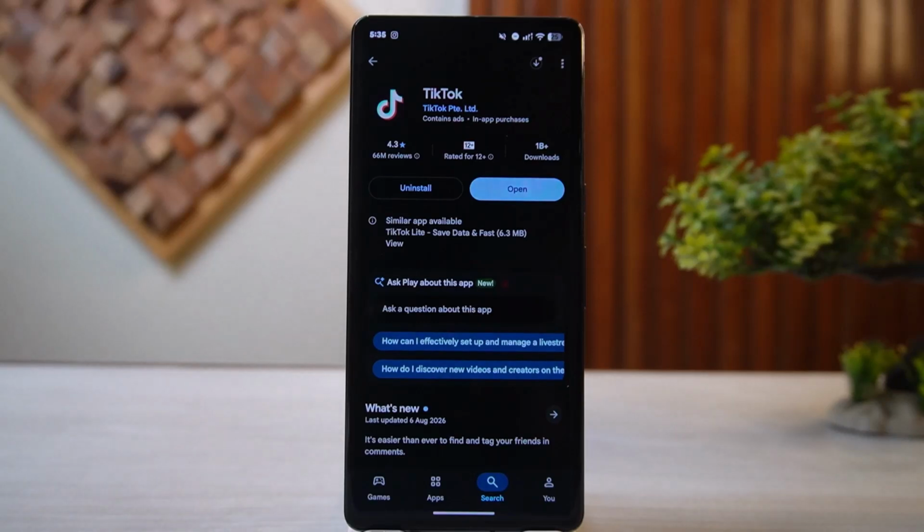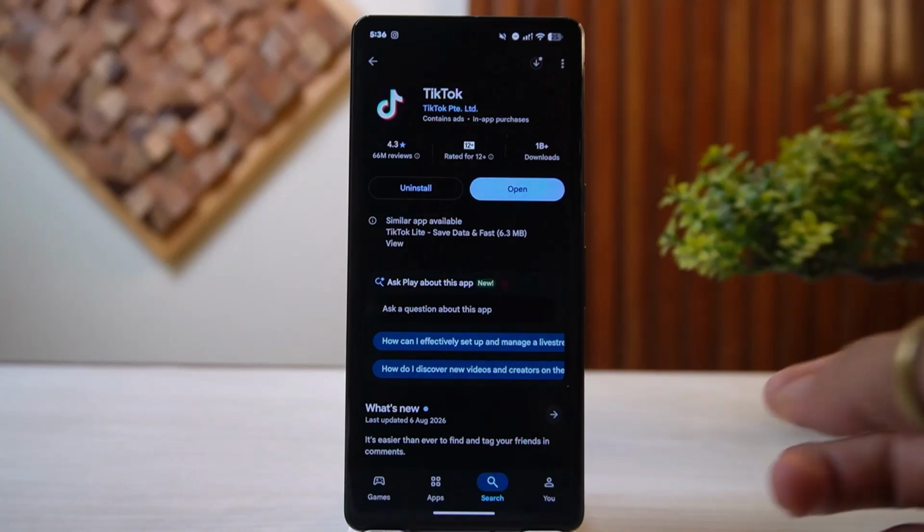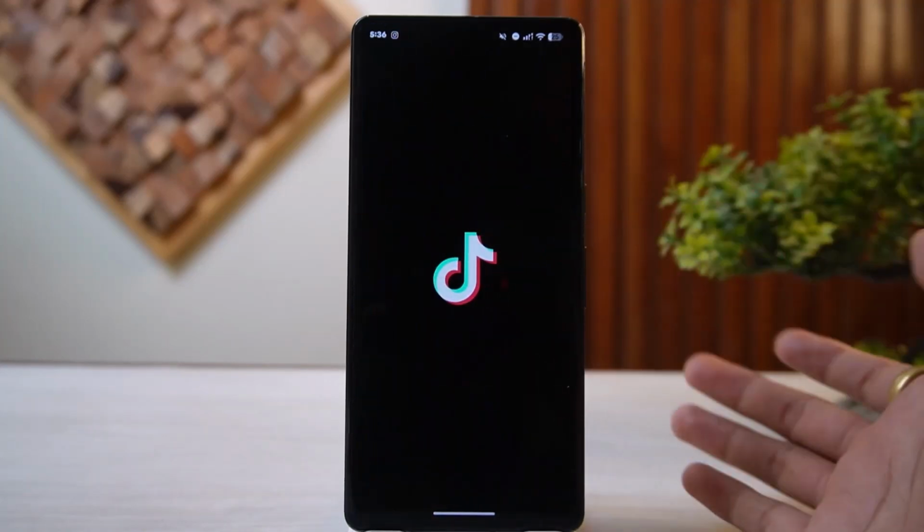How to use the TikTok Q&A feature step by step. To use TikTok's Q&A feature, first of all, you have to launch the TikTok application